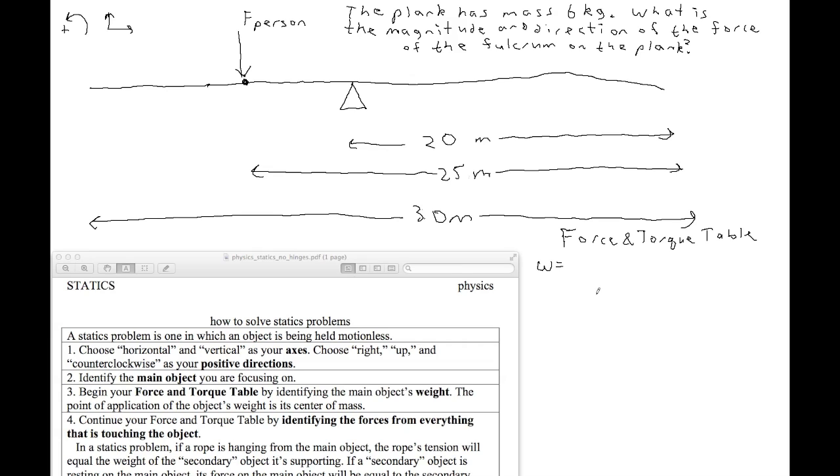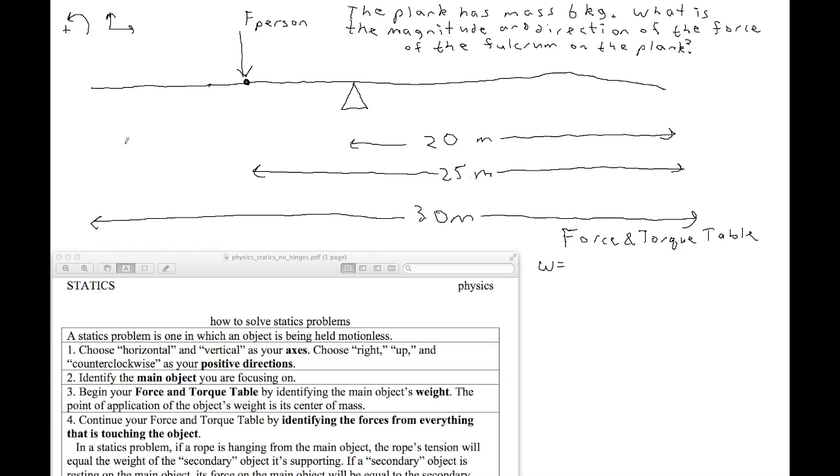That's right. So let's calculate that. So what would its weight be? Calculator. So it'd be the 6 kilograms times 9.8. Good. So that's 58.8 newtons. Good. So you remembered that weight is mg. So our weight would be